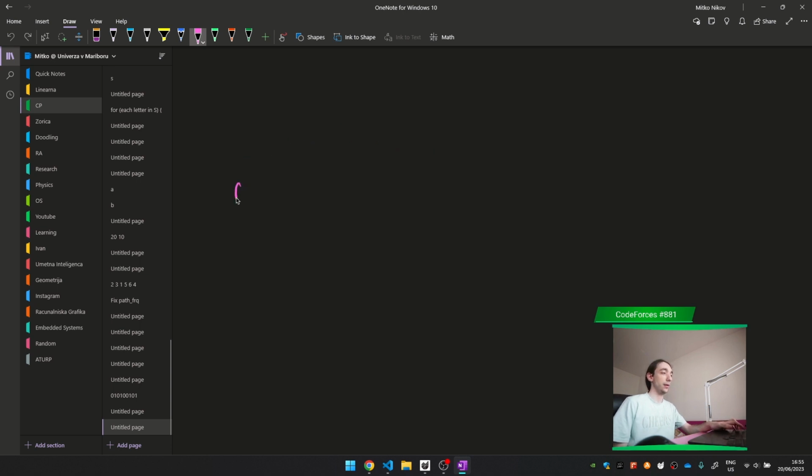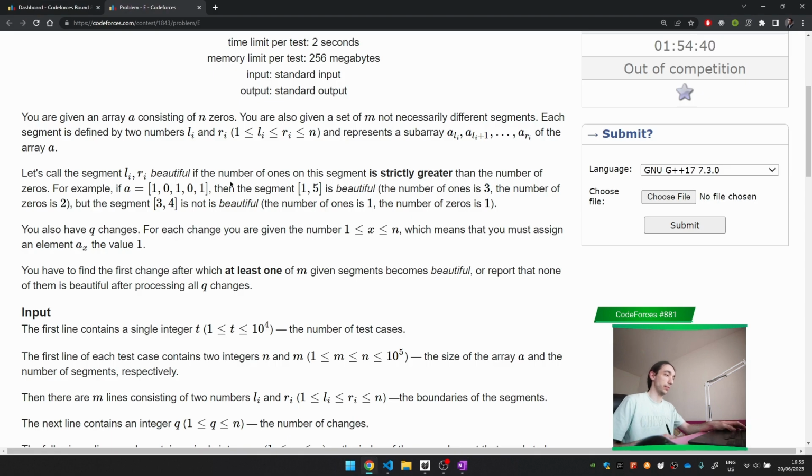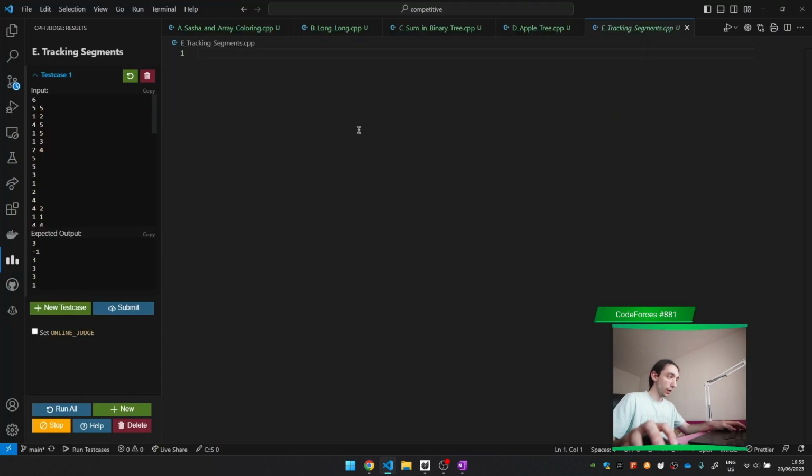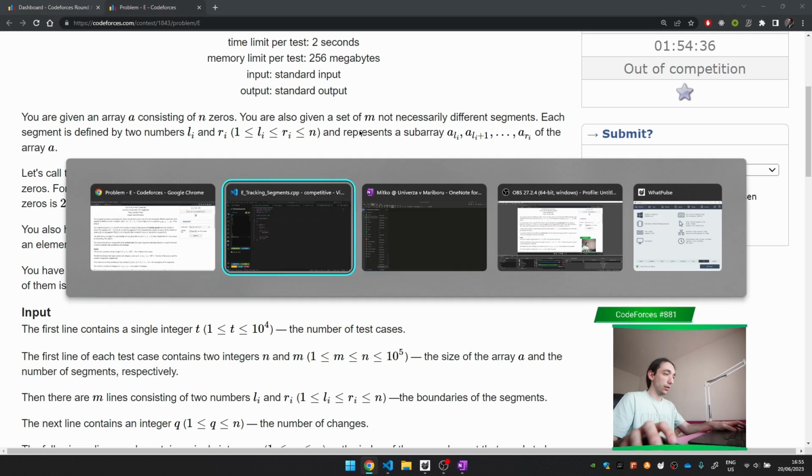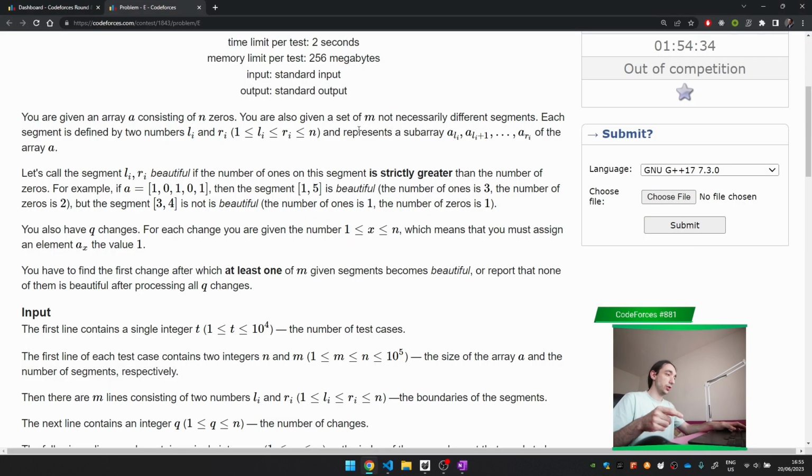What about if I apply all of these queries? Actually, what I will do is I will take a look at the problem differently. So I will apply all of these changes, but each change will be actually like one of